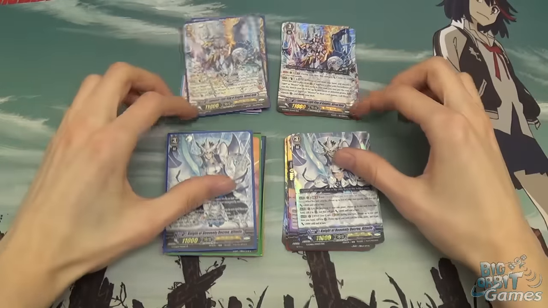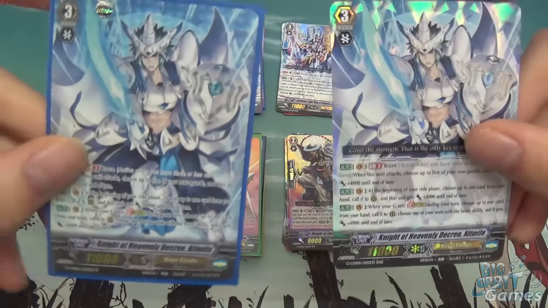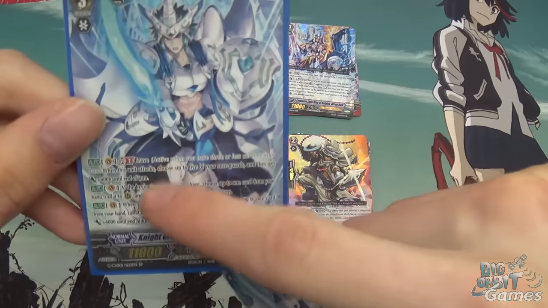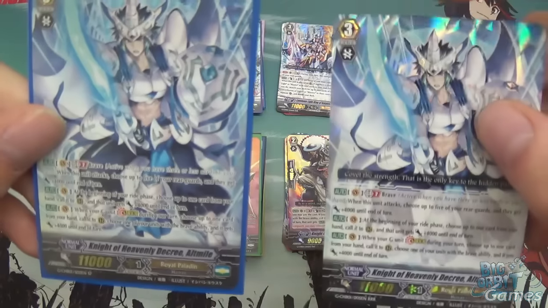Then Altmile, one of my personal favourite characters, and it's part of the reason why I got the Altmile deck. And his SP, this is Knight of Heavenly Decree rather than Blue Sky Knight, and so you get to see a bit more of his trousers and what he's standing on. Still not clear what he's standing on, I guess just the pavement. But yeah,